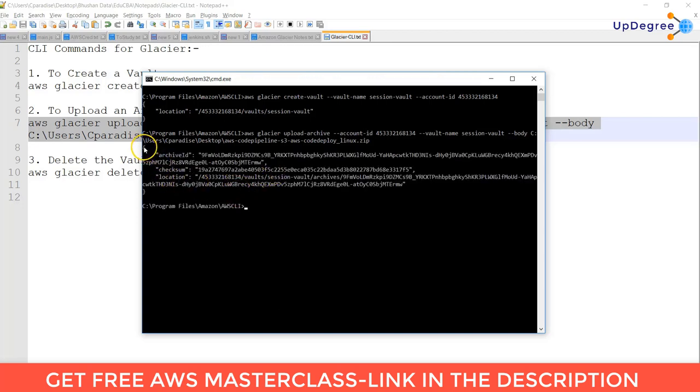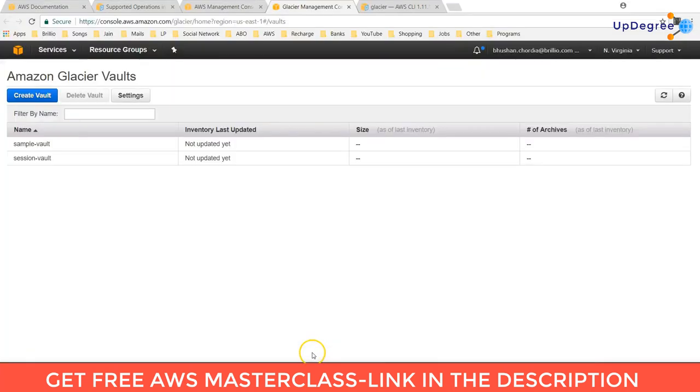So this is the output which we got, that is archive ID, checksum and location. So this uploading will take some time.